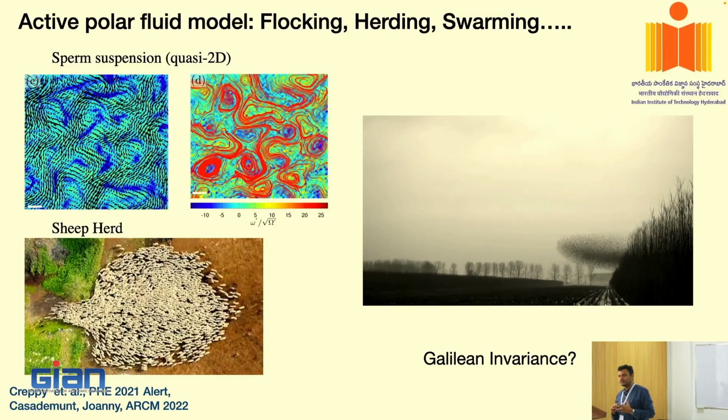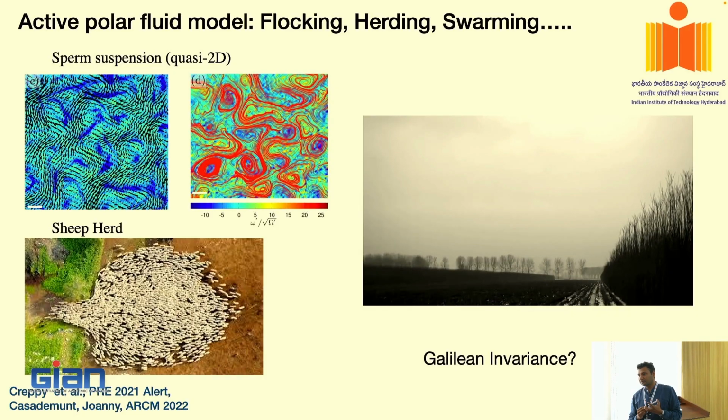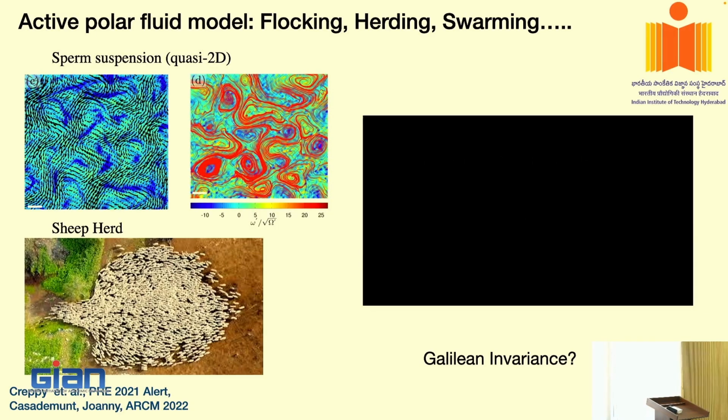Yes, you. On the point of Galilean invariance, you are saying if you add a constant velocity to all the sheep in the herd, the cooperative behavior disappears. No, cooperative behavior will be there, but the spontaneous symmetry breaking disappears. So for example, these birds, for some time they're moving in this direction, sometimes they keep changing the direction, right? There is no reason when they are moving in space that they need to pick a given direction. There is no constraint for them. So they pick this direction spontaneously. That's how it breaks the spontaneous rotational symmetry.